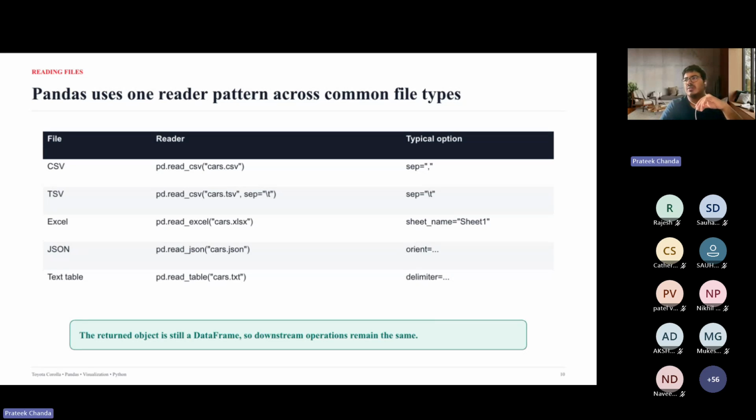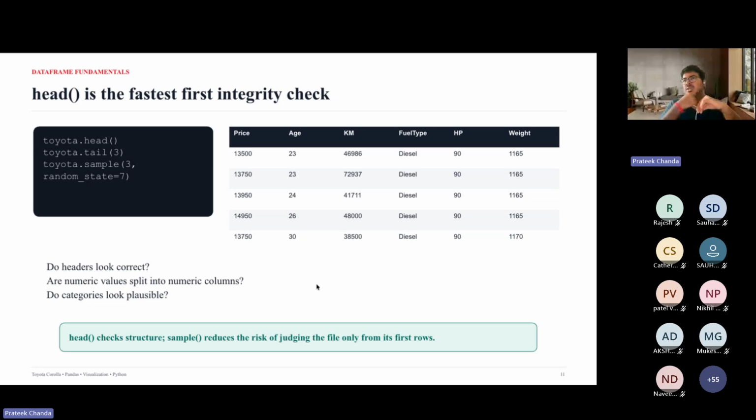Yeah. So now we'll move ahead in the setup. We first look at one of the other functionalities called the head function. Now we have read the Toyota data as a data frame: Toyota equal to pandas dot data frame. So you can do Toyota.head, which gives you the first 5 rows in the data frame. On the right-hand side, I'm showing you the output, which is Toyota.head giving you the first 5 entries